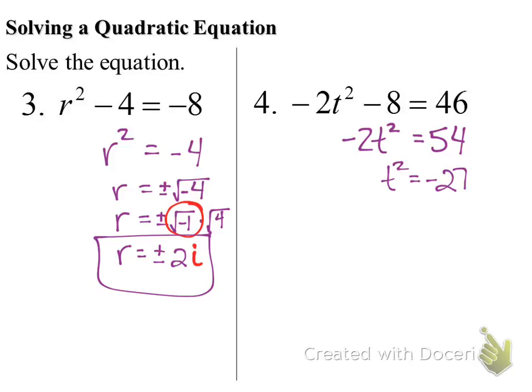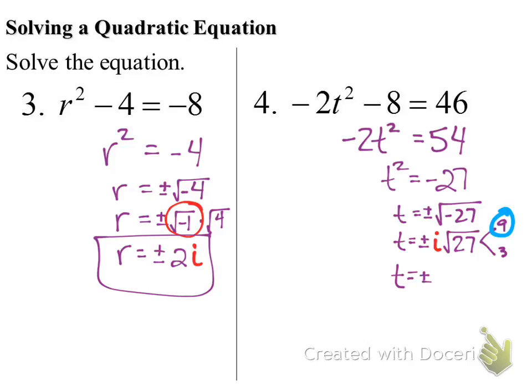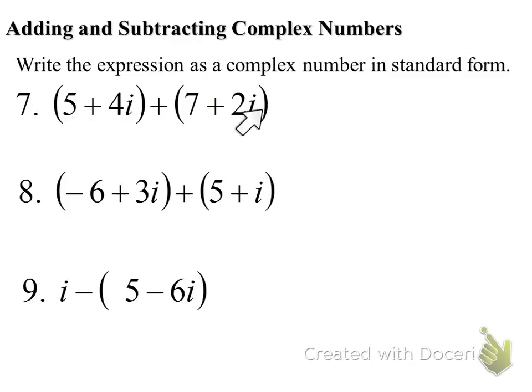Divide by -2. So I'd have 3 from that pair, i, times the square root of 3 from that one left over. So in this example, when we are adding two sets of complex numbers, we're going to add together the real part,